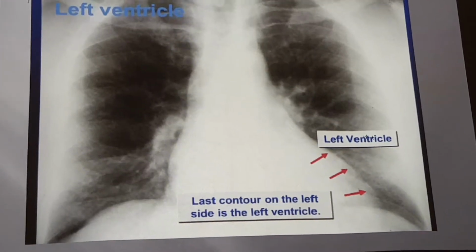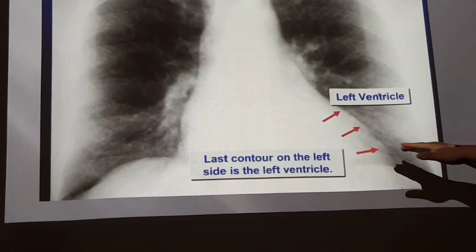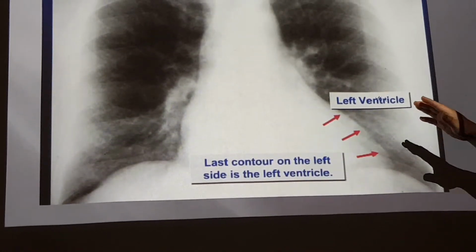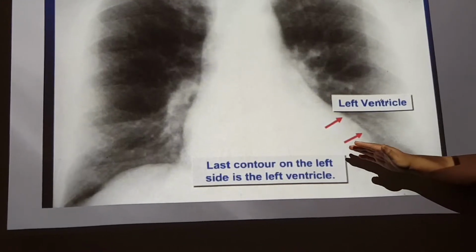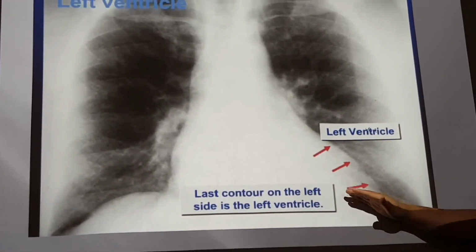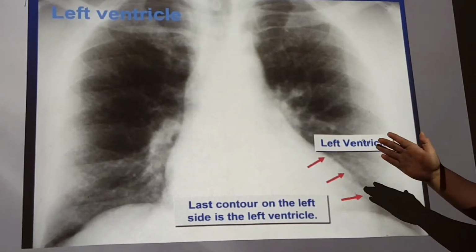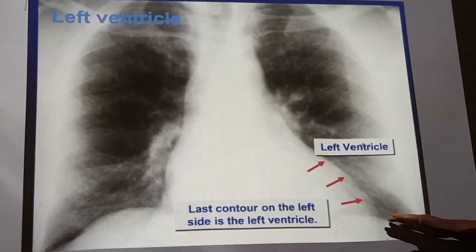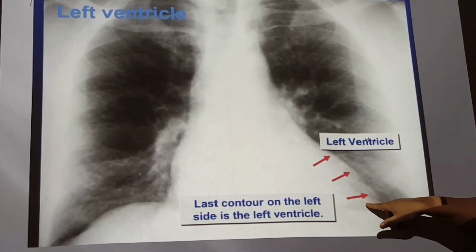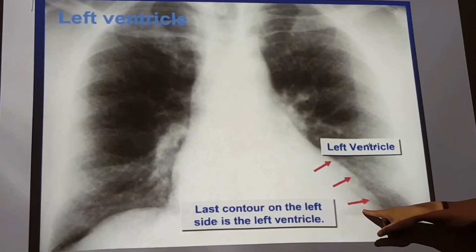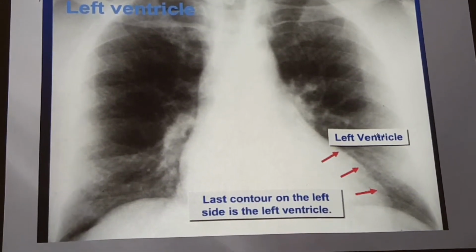Concepts to me. So left ventricular prominence is the last contour of the left side of the heart. Normally when the left ventricle enlarges, the cardiac apex points downwards and lateralwards. So you check for the cardiac apex: it points downwards and lateralwards. That's the direction of enlargement of your left ventricle. So that's one sign of